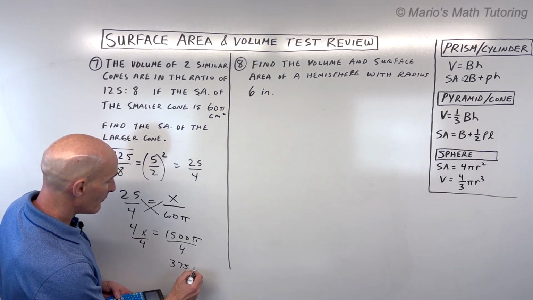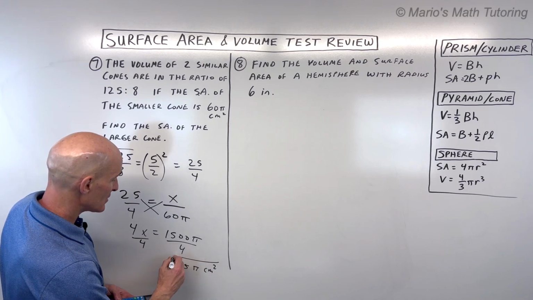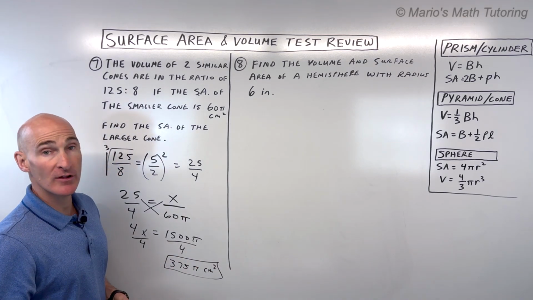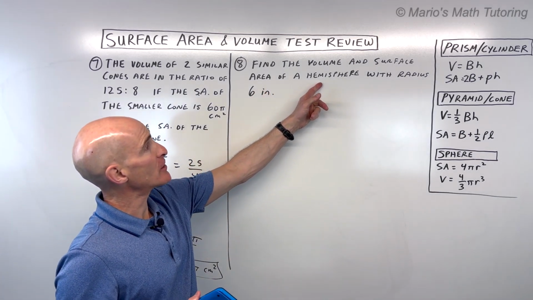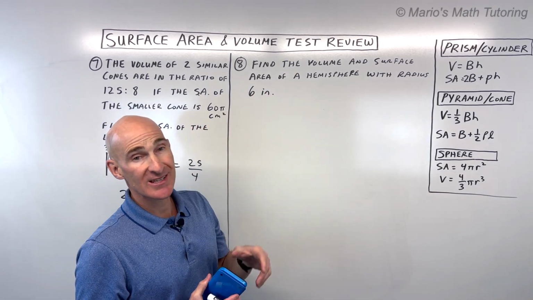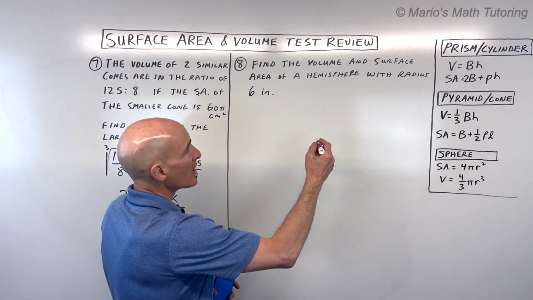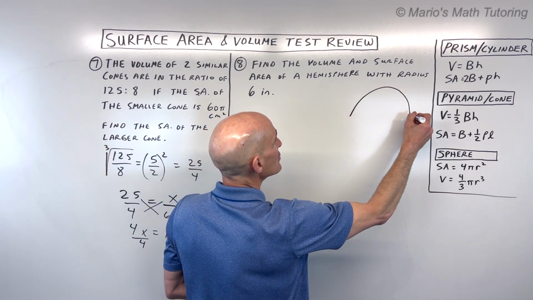375 pi centimeters squared. So that would be the surface area of the larger cone. For number 8 now, it says find the volume and surface area of a hemisphere with a radius 6 inches. I always like to draw a diagram most times just to visualize. So here's